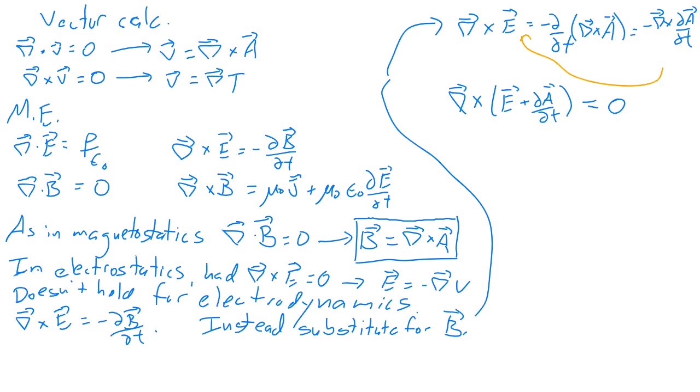And so now this right here looks like what we did over there. So this whole thing, the term in the parentheses, is playing the role of the vector v over on the left, the general vector v. So what this is telling us is the fact that we've got the curl of a function, the function is E plus dA dt, equal to 0, means then that E plus dA dt